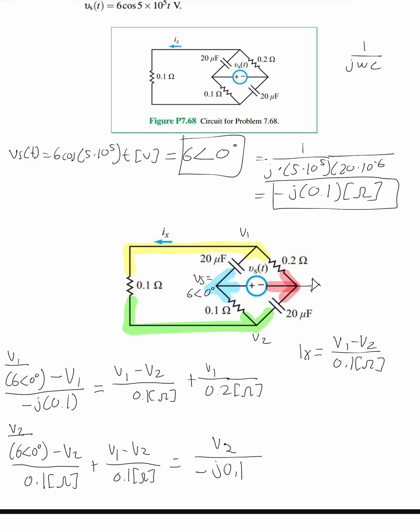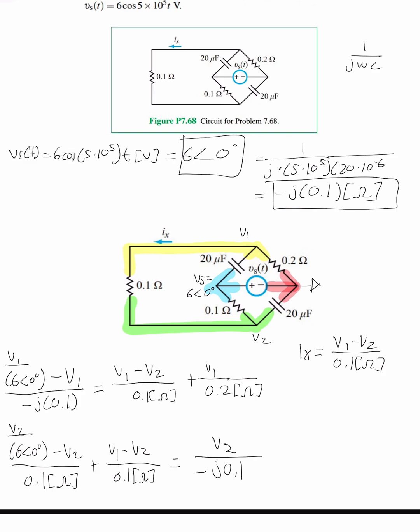If you have a TI Inspire, you're going to go to menu. You're going to go to algebra. You're going to go to solve system of equations. And you're going to solve system of linear equations. And it's going to show up there, number of equations. It's going to be only 2 equations since you have 2 unknowns, V1 and V2. We know what Vs is, so it's not going to be an unknown. So only 2 equations, x and y. Press enter,